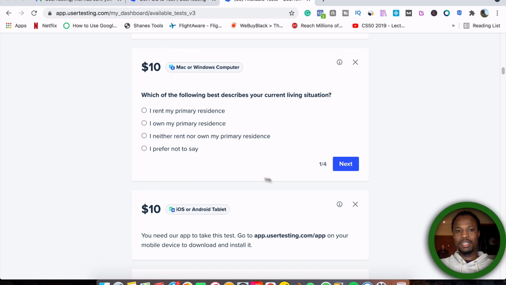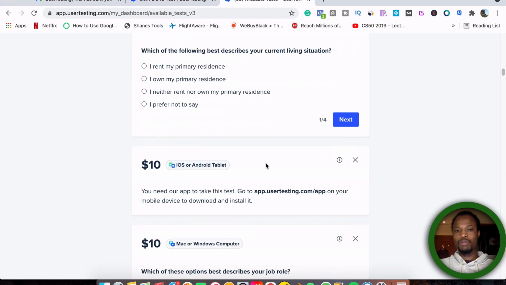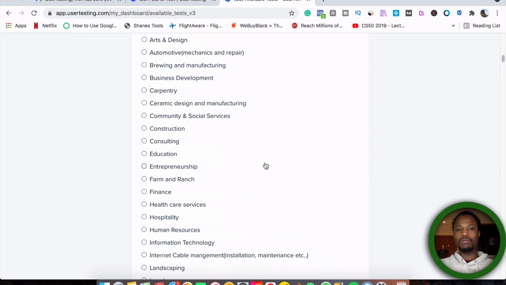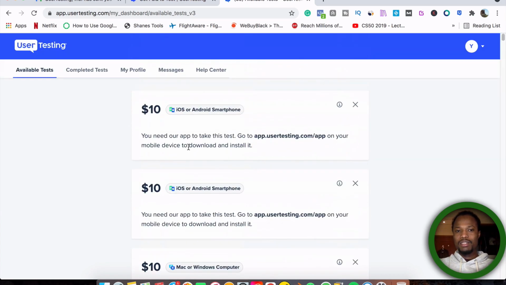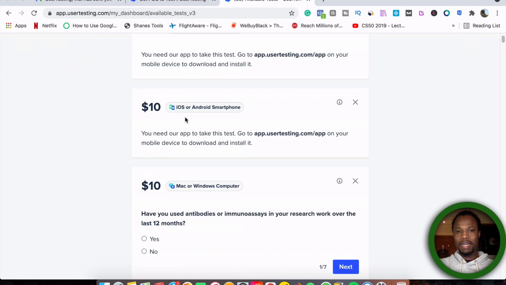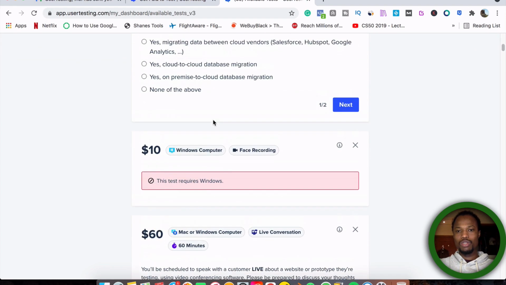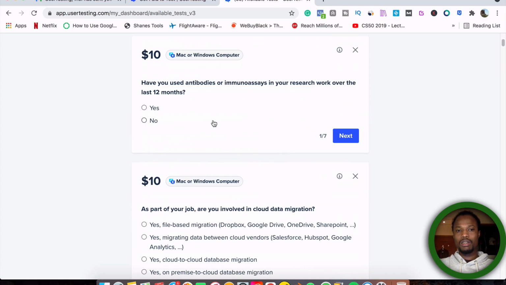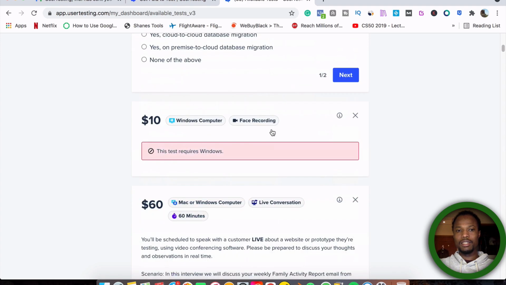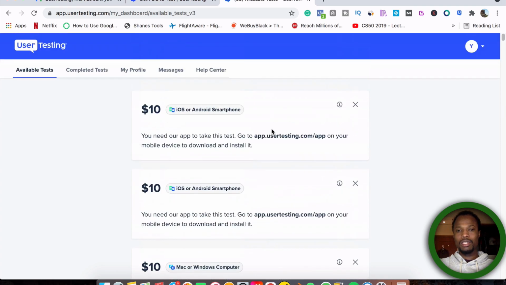You come here, you take some small survey, and then if you are suitable for the job, you go and do the job. Right? So as you can see, there is a bunch of tests, but as soon as you sign up, you will not see any test for yourself here. It will be blank for you. All right, it will be blank. But for me, as I've been working here, I will just go and see which is suitable for me. If I want to do this, I will go and take this small survey and do it and start making money. This website is a legit way to make money online.